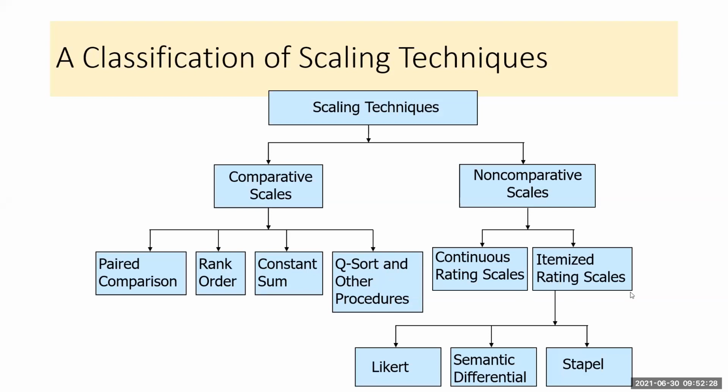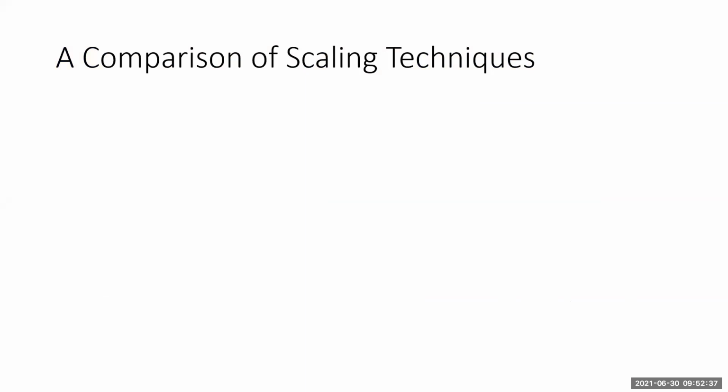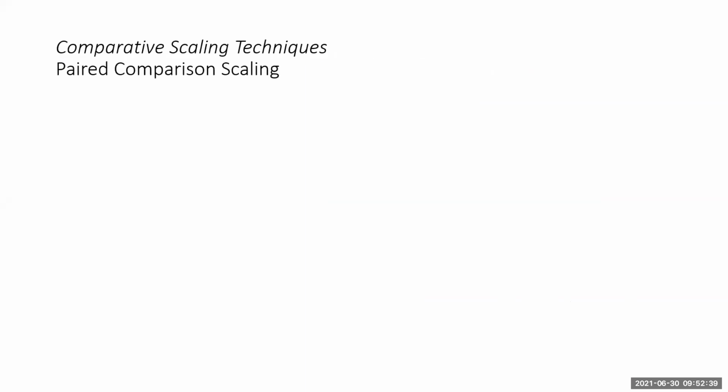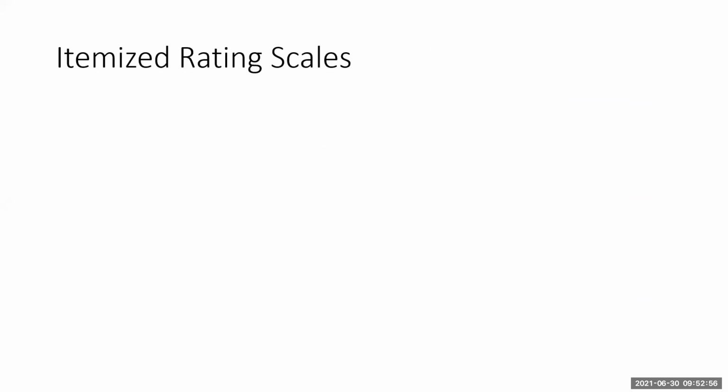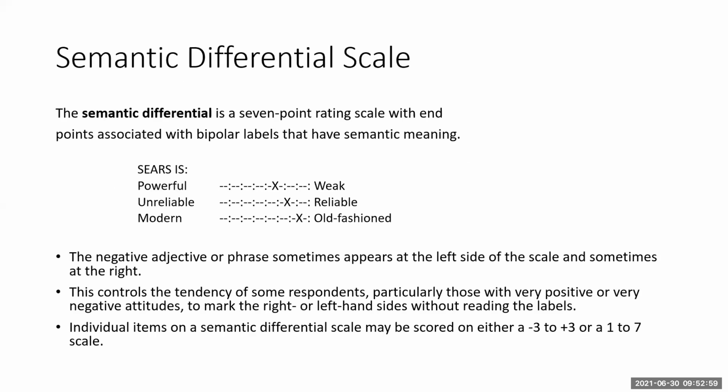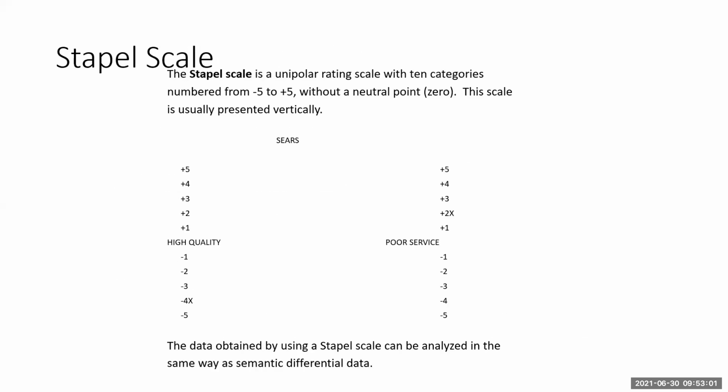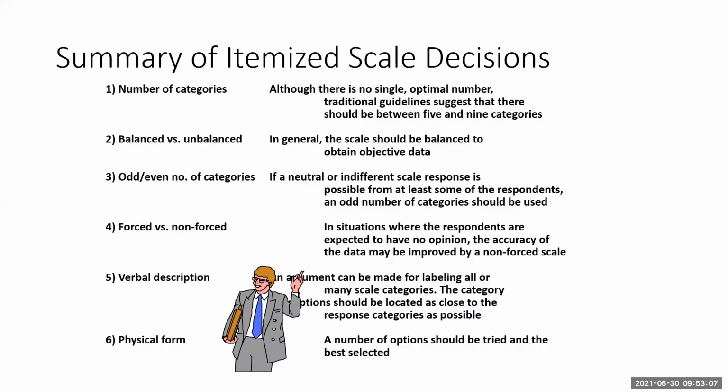Non-comparative scales you can use, preferably the itemized rating scale, which is the Likert scale, a 5-point scale from strongly disagree to strongly agree. You can also use the semantic differential scale. If you remember, the semantic differential scale is a 7-point scale with bipolar opposites, right? So I had shown that. And then of course you can use the Stapel scale as well. The Stapel scale is a 10-point scale with a statement in between and 5 positive aspects on either side of the statement. And you can use that and develop questions.